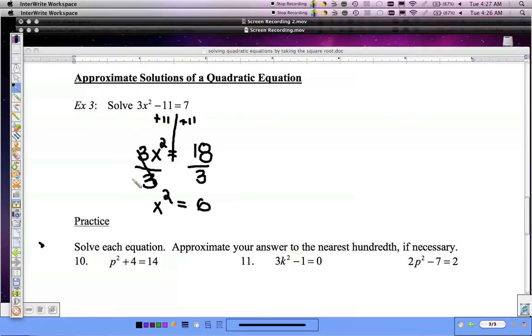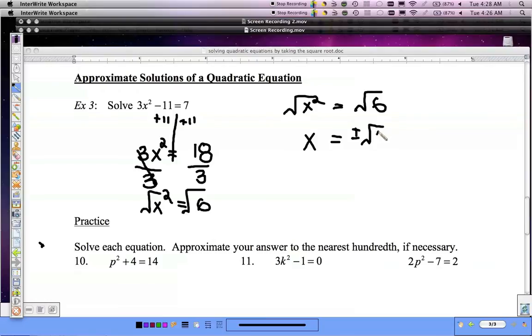So again, I want to take the square root of both sides. I have the square root of x squared is equal to the square root of 6. The square root of x squared, of course, is just x, because those are inverse operations. And then the square root of 6 is actually not a perfect square, and I can't simplify it anymore. If I could simplify it, I would try to get it to be as simple as possible. But since I can't do anything, all I'm going to do is say it's going to be plus or minus